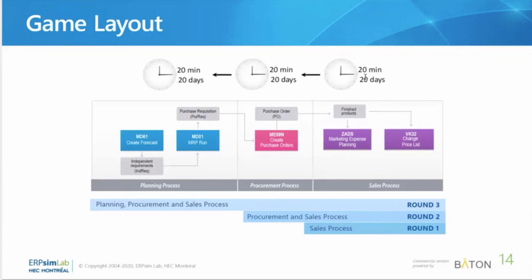So we are assuming that 1 month we're going to spend for the first round, and we are going to quickly process that, with 1 minute representing 1 day. So 20 days of decision is going to be made. One thing that I want you to note is that once you make the decisions, it takes 3 minutes or 3 days for that change to be reflected in your system.